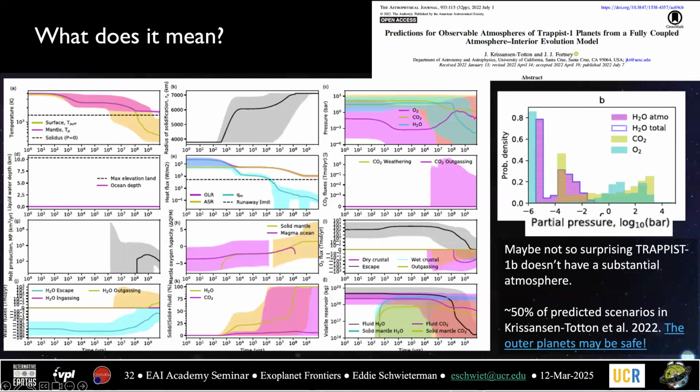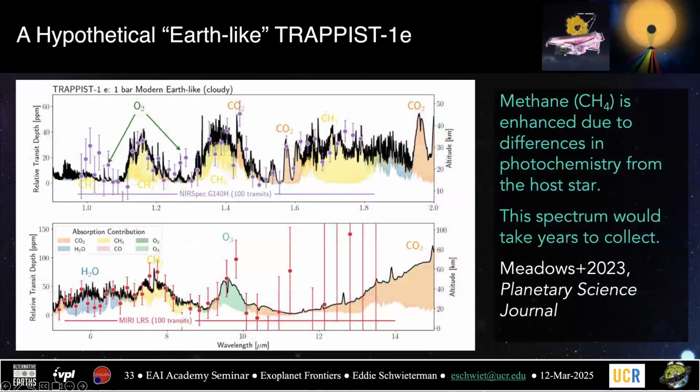So in the most ideal circumstance, we would find an Earth around TRAPPIST-1. If we did, it would look something like this. There are many, many studies by many different groups imagining what if one of the TRAPPIST-1 planets had a habitable and inhabited atmosphere. And this is just one example by Meadows et al. 2023. And what you can see here is that if such an atmosphere existed, there would be spectral features from